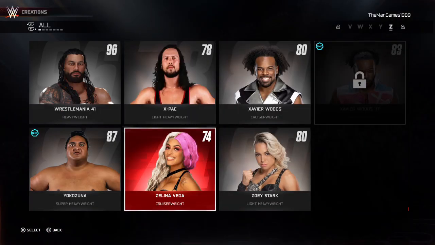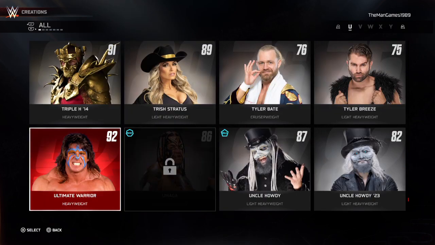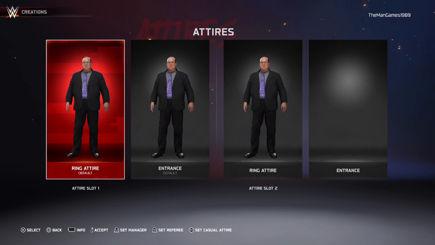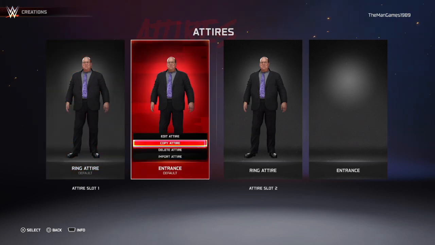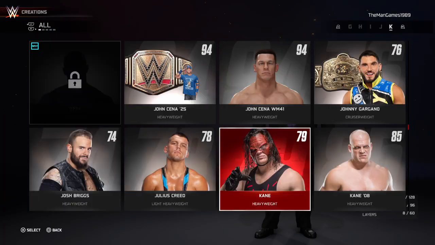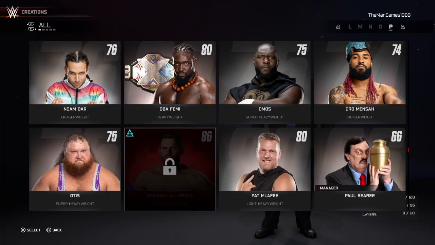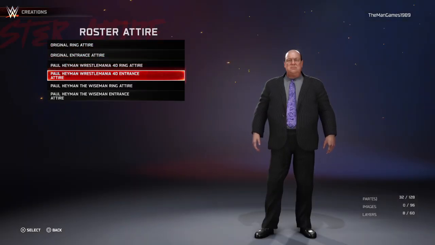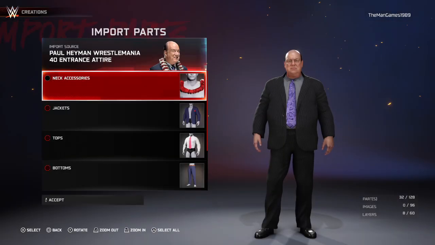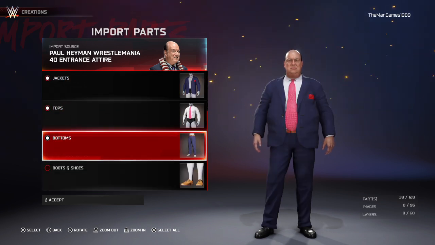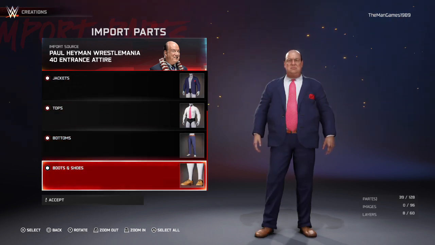I just changed the Paul Heyman to look more like his attire from WrestleMania. So this is what the Paul Heyman will look like currently. So if we just go to entrance, we're going to go to import attires. So if we go to the Paul Heyman that's already on the game, we're going to go to WrestleMania 40 entrance attire, and then we're going to import these over like so,